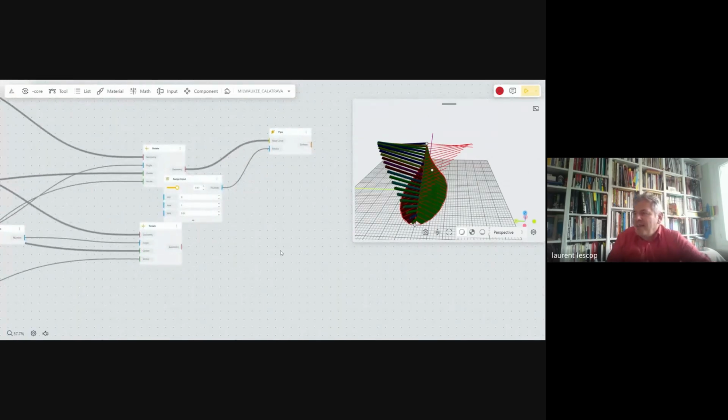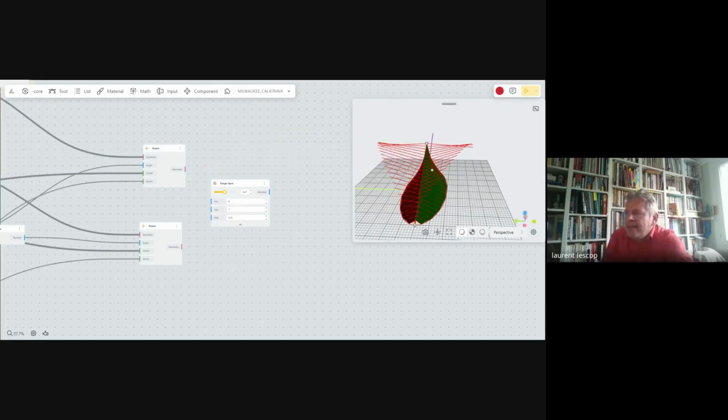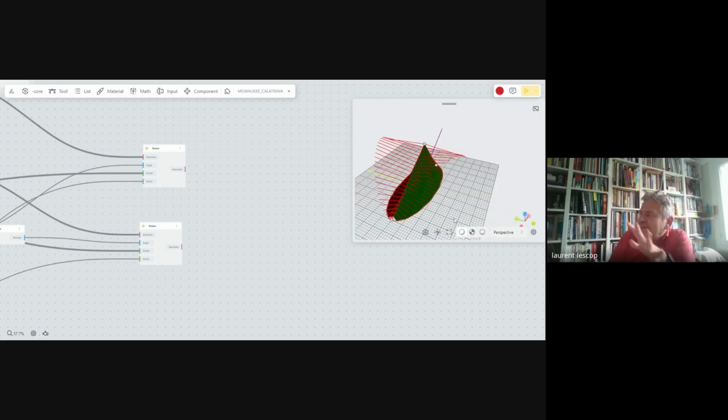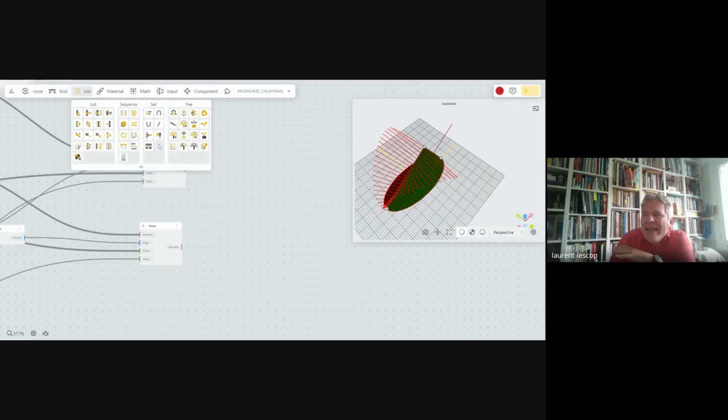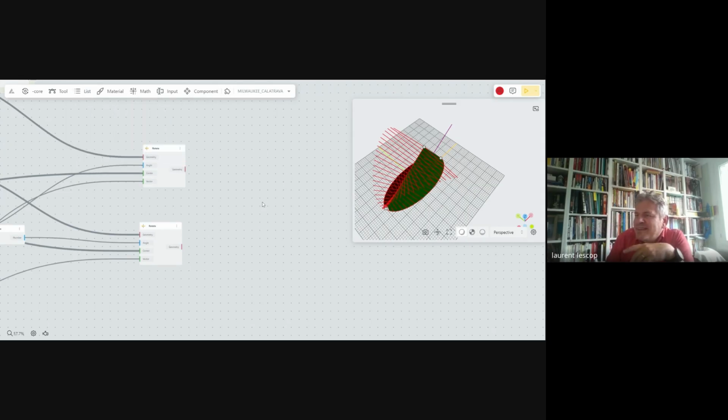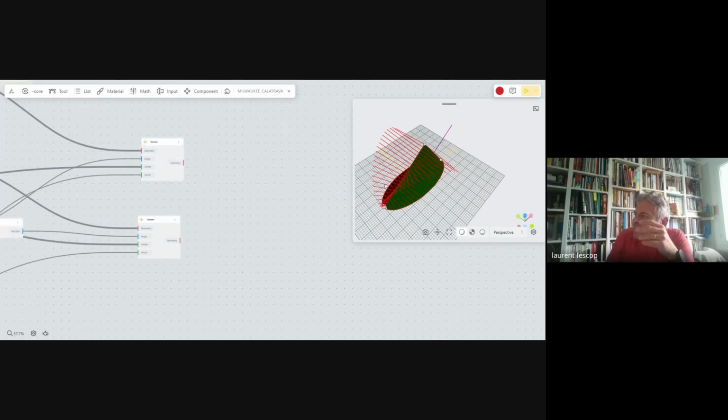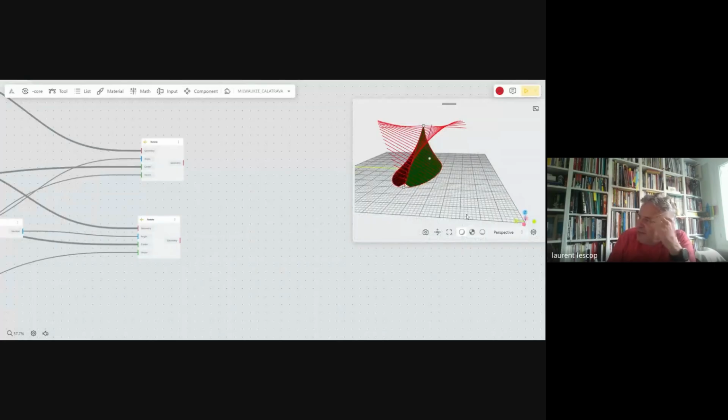Let's say now that we are not lazy and we don't want to have tubes, but we would rather have some flat elements. It's going to be a bit more tricky, but it's interesting just to explore lists again, because in algorithmic design, lists is everything. If you do understand this concept of list, then you are ready to do anything, because it's only how you organize things with lists. It's not complicated, but can be sometimes a bit tricky.